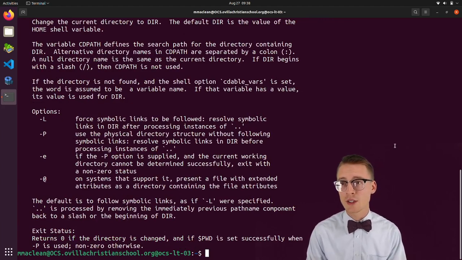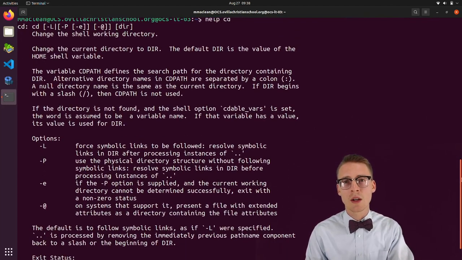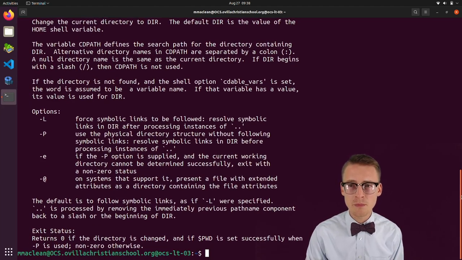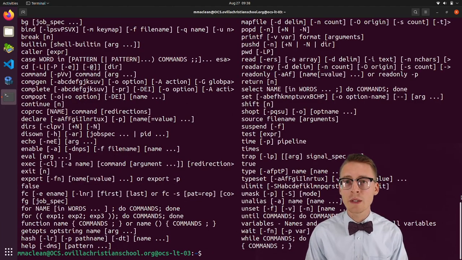And I think if we type help cd, then it will give us more information. That's something I guess I should explain about the help command, is that it doesn't just give you a general overview, but you can go and really drill down into each command and get much more information about it. So here we have the explanation for cd, and it's a little bit much for now, so I'm going to go back to the regular